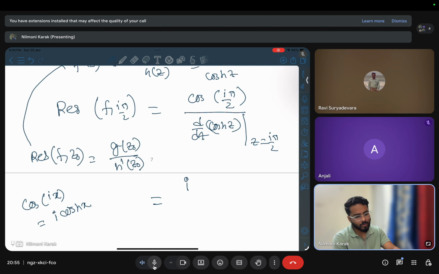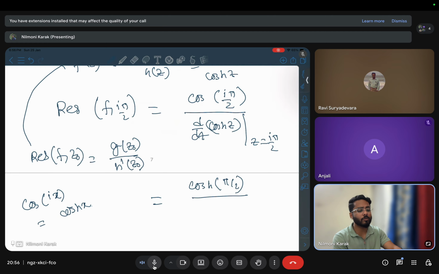So only cos hyperbolic x. So cos hyperbolic pi by 2 divided by